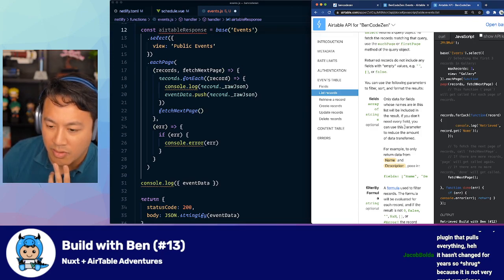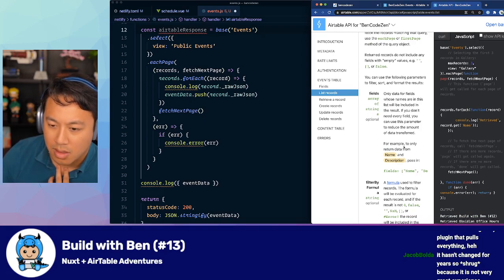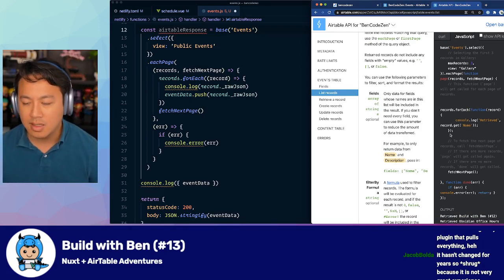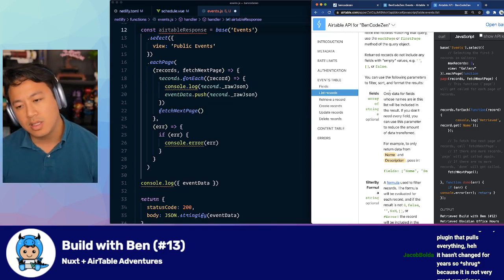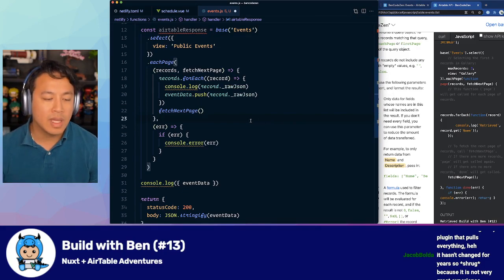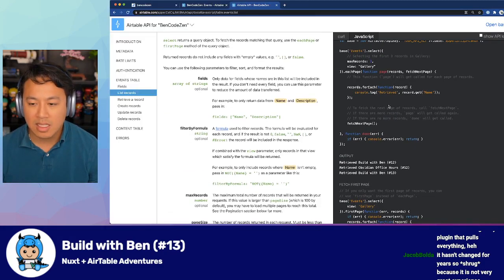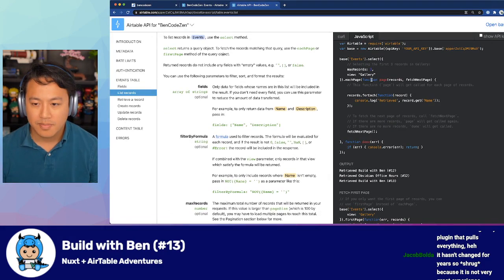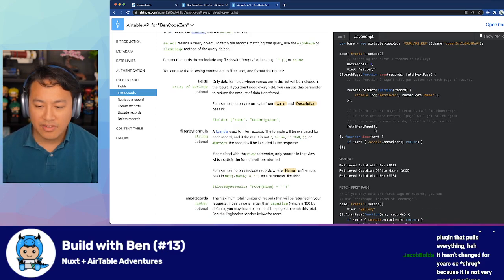If you don't need every field, you can use this parameter to reduce. Yeah, but fields isn't necessary. Only data for fields. Return records that do not. No, I'm clearly returning. Well, oh, maybe that's why. Because I'm not actually returning anything. This is just getting called, and it'll go through and retrieve it. But then after that,